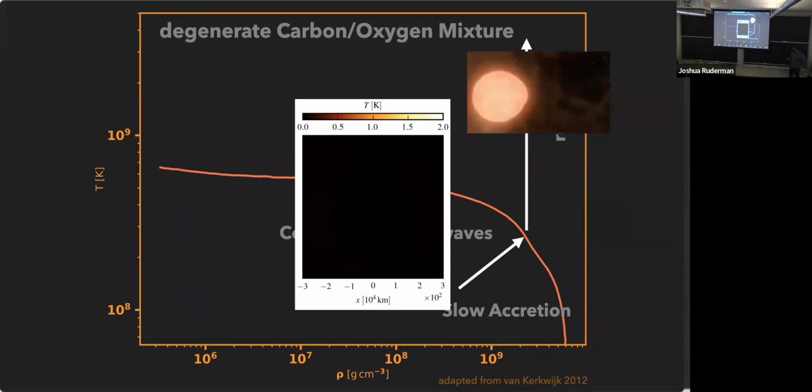Remember, slow accretion is for hydrogen, and hydrogen has a lower temperature, that's why it's on that side. This helium burning needs higher temperature, and so it's higher on that. And the helium burning fusion is also much quicker.